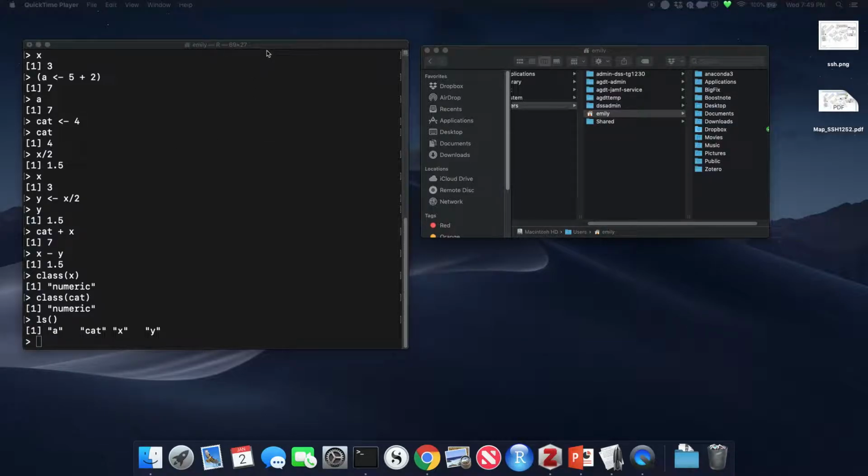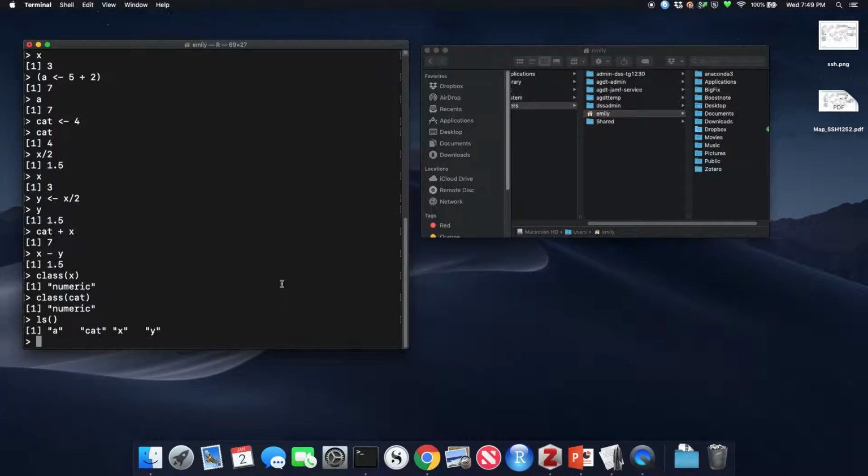And so as we've seen, the command line is a really basic, kind of quick and easy way to interact with R. It's not great for reproducible research because at this point, we have no record of what we've done. So we're going to move into R Studio and into writing our scripts. Before we go there, though, I just want to point out